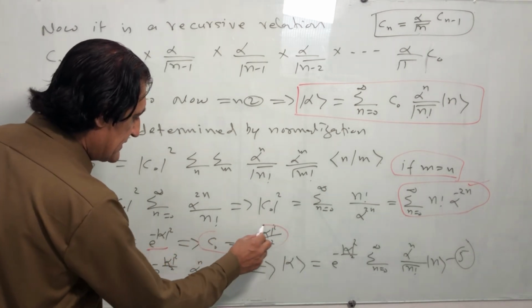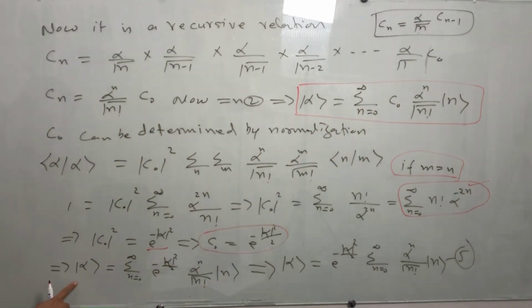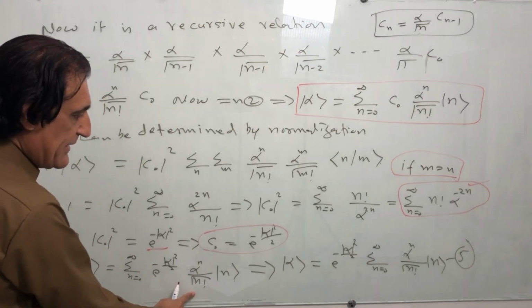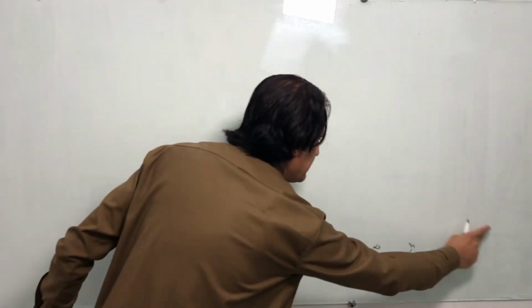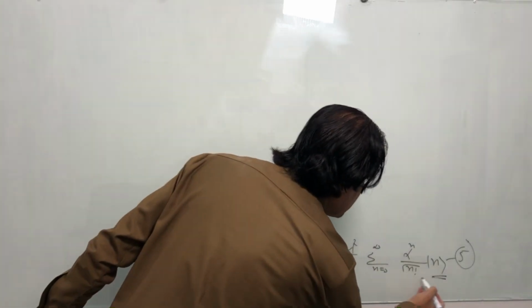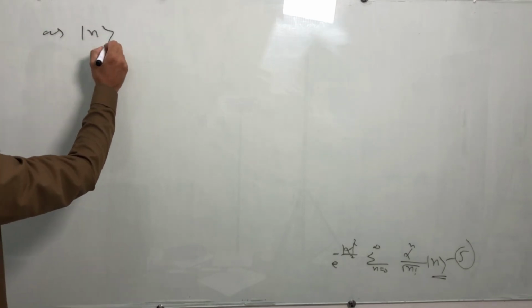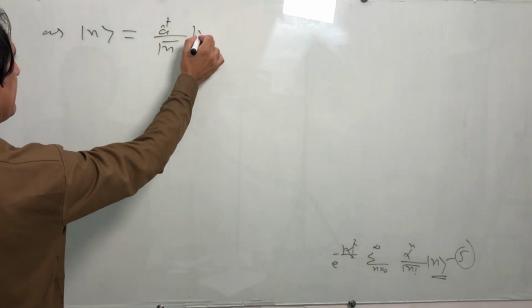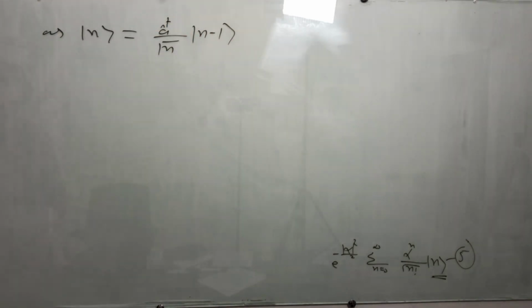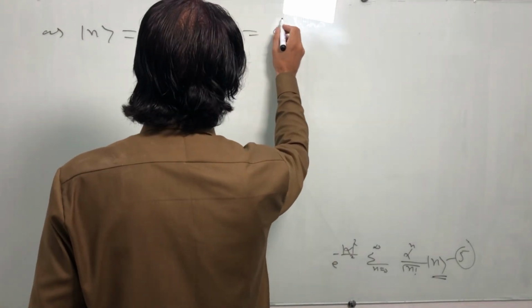And now we have the value of C naught. Putting the value of C naught in this equation, we can get alpha, which is equal to this, and finally for alpha we have this relation. We have this equation 5, and we also know about this Fock state, and this Fock state is equal to n and n minus 1. So we know about this relation,